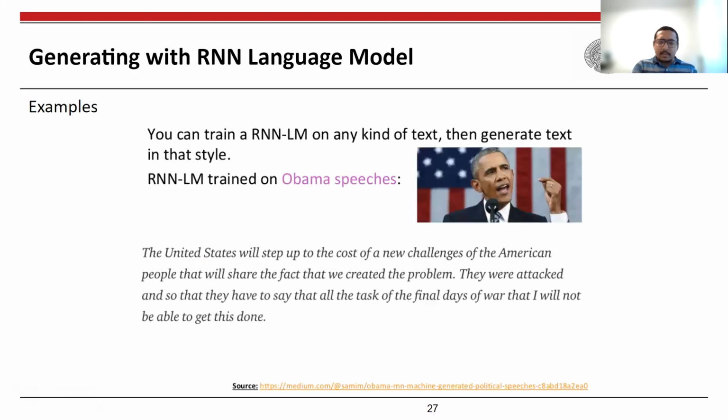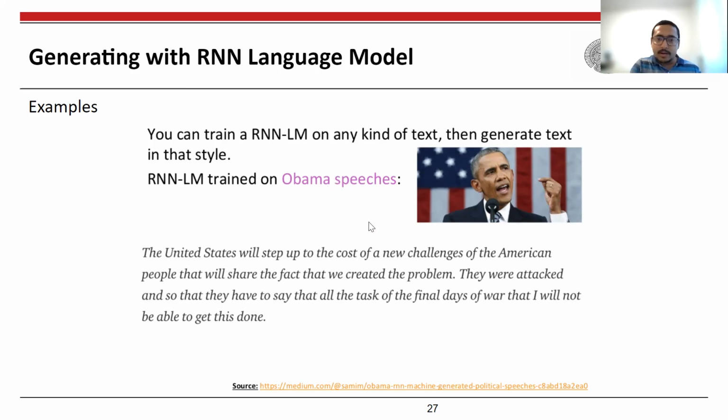One of the cool things about RNNs or RNN-based language models is that you can generate nice text using this approach. You can generate text of various styles. As an example, this is a text that has been generated by a model trained on Obama speeches.